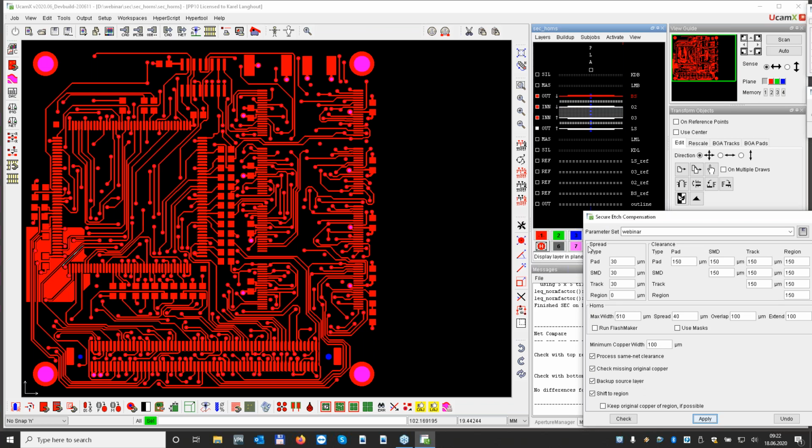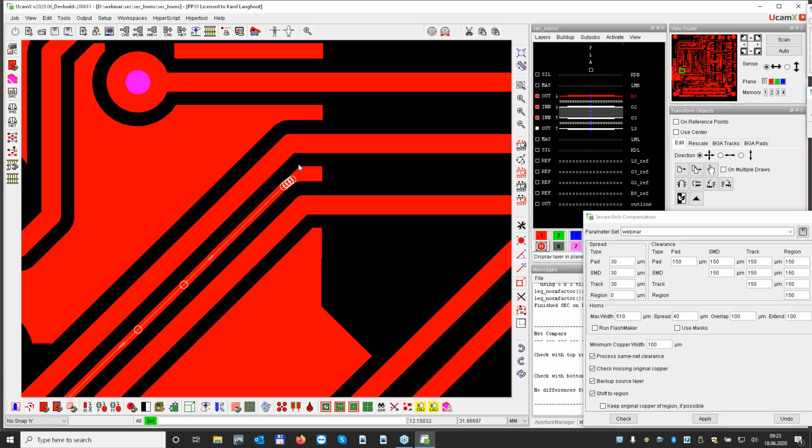Okay, maybe first of all, I see that I have some selections on the board, and I have them actually on these 3 layers. You can see this over here. These are the positions where the minimum copper width has been too low. So I have here, for example, and if I zoom in a little bit, I can do it like this. Okay, you can see that here we have some extra copper.